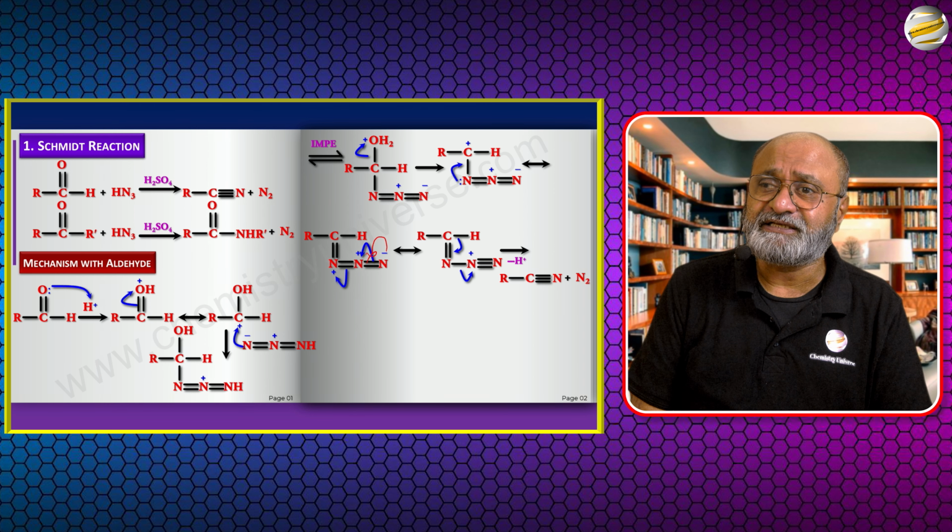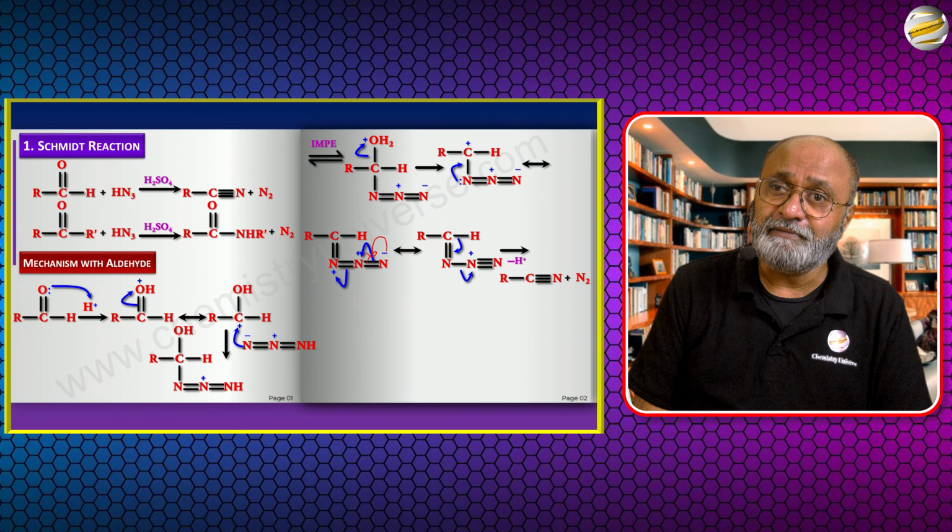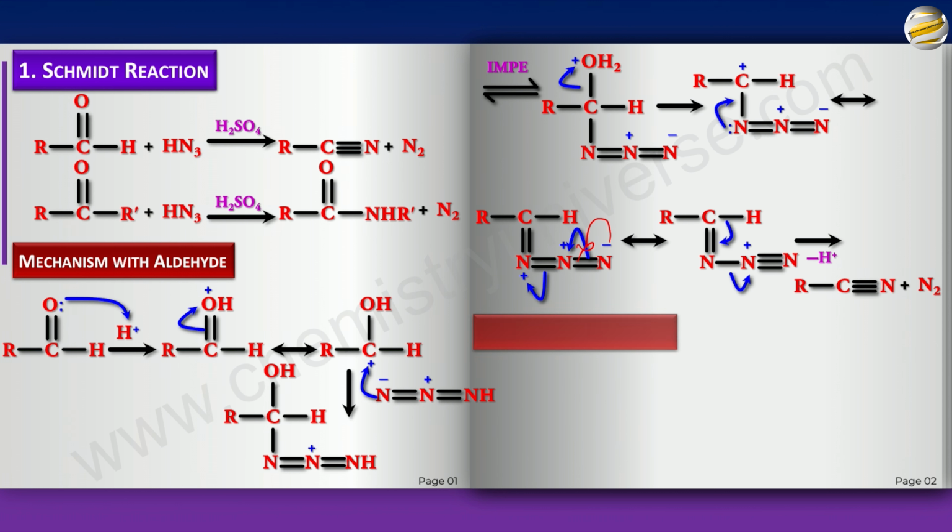For simplicity's sake, just ask yourself what would be the Beckmann rearrangement of an aldehyde. You form an oxime, and imagine that the H is the one that is opposite to the OH of the oxime. You got a cyanide, right? So that is a way to remember the product. And what did you do in ketone similarly? Now the mechanism with ketone, again, the first step is the same.